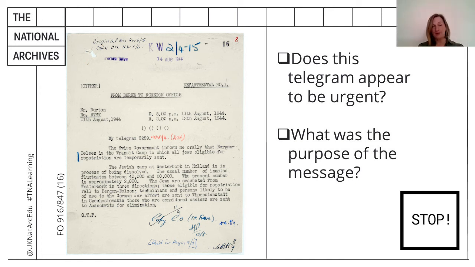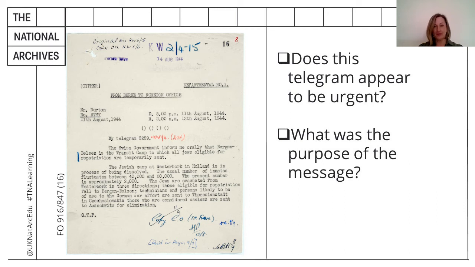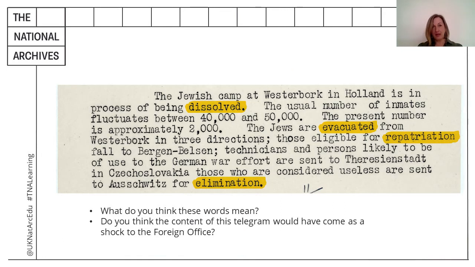The use of telegrams during the Second World War was the quickest and safest way to send messages. So we can assume that this telegram was probably urgent. If we look at the dates the telegram was sent and received, and then we compare them with the dates that are at the bottom of the telegram, some of them are actually a month later. Did you notice this? And if you did, do you have a reason why you think that there was such a delay? It's the second paragraph, really, in this document, which suggests something very disturbing.